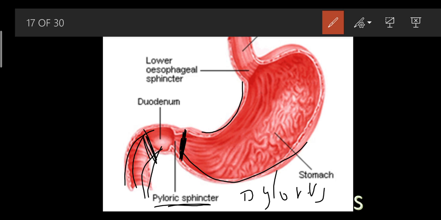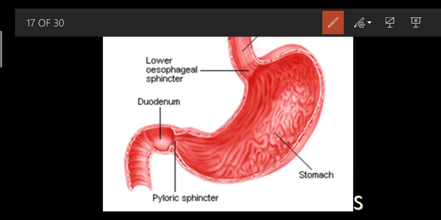What is the function of this pyloric sphincter? It helps to prevent the backflow of the food. So this muscle will help you to prevent the backflow. What is present inside this stomach? There is gastric juice, gastric juices which are present inside this stomach,